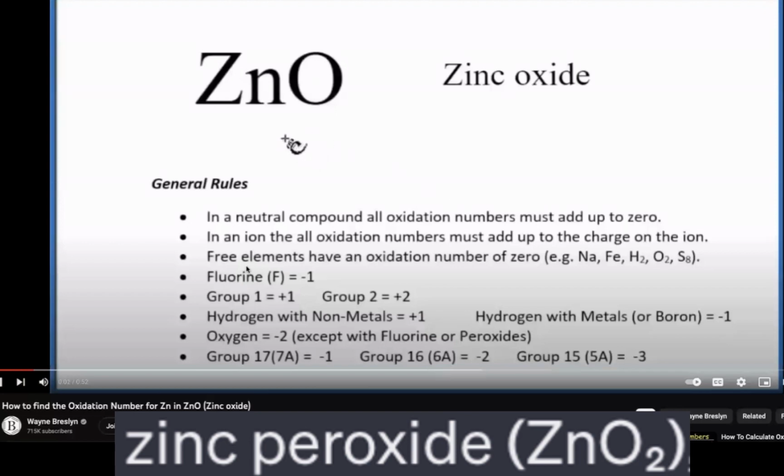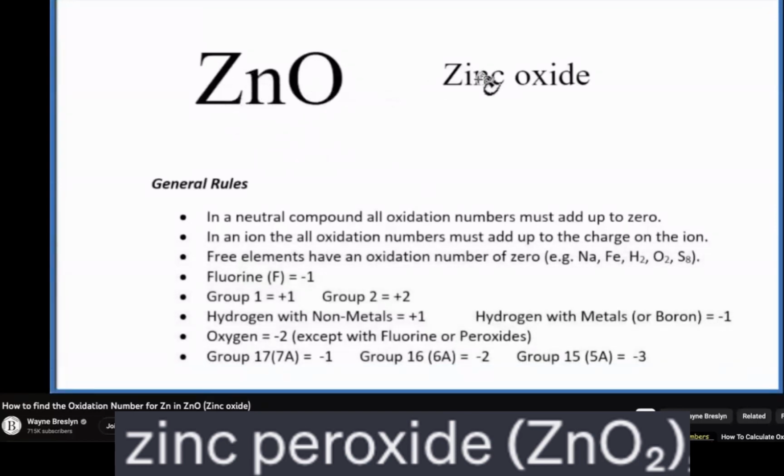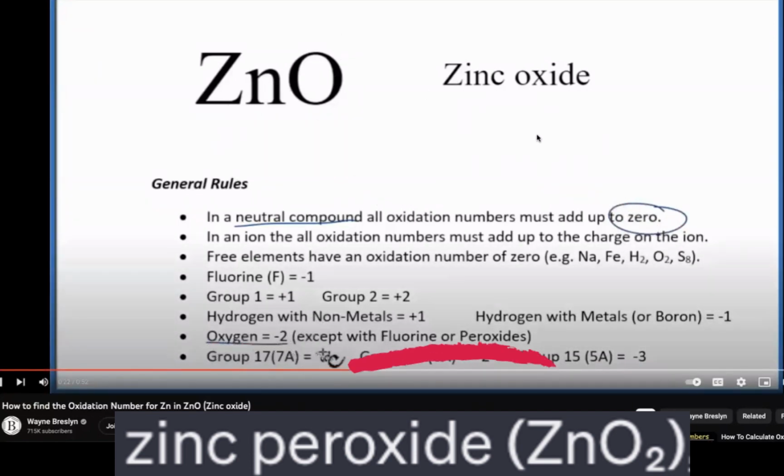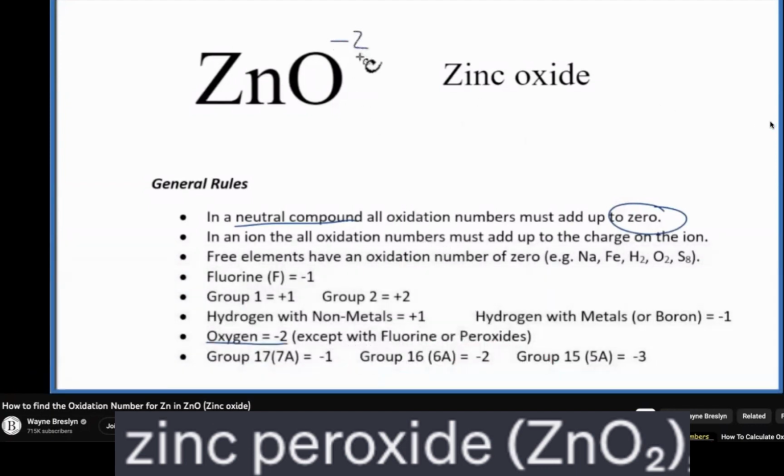To find the oxidation number for each of the elements here in ZnO, zinc oxide, we have these rules to guide us. Zinc oxide is a neutral compound. That's because it doesn't have a plus or a minus here. And in a neutral compound, all the oxidation numbers are going to add up to 0. So that's very helpful. We also know that oxygen is going to have a -2 oxidation number, except in a few cases. So -2, that's our oxygen there. Because everything has to add up to 0, if the one oxygen is -2, the zinc will have